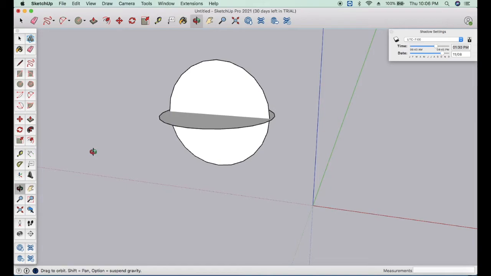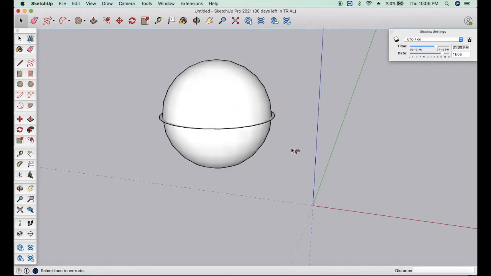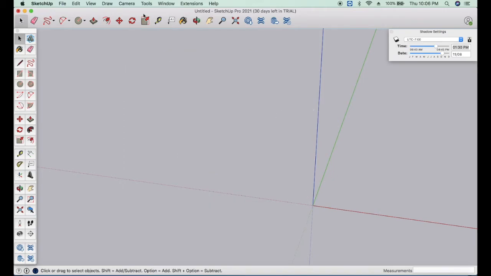Now for forming the sphere, first we need to take the path from the select tool and click Follow Me, and then select the surface which we need to follow the path. So this is how we can form a sphere. In this way we can form any type of solid diagrams, including furniture, even chess pieces, etc. Right? Now we need not do such designs in the case of solar, but let us check what is present in the warehouse which we can also use.